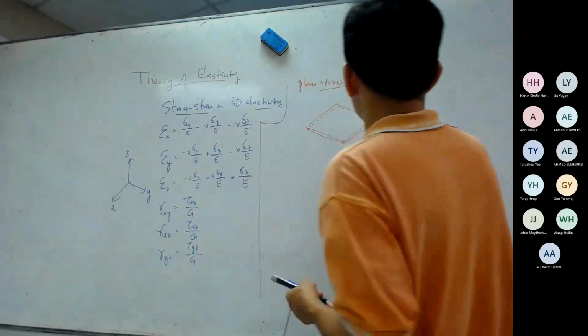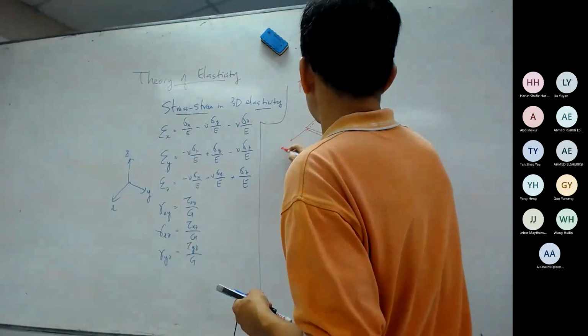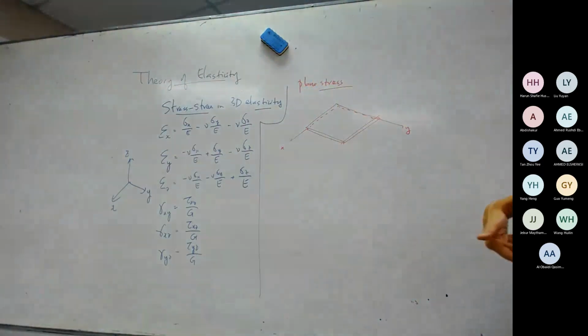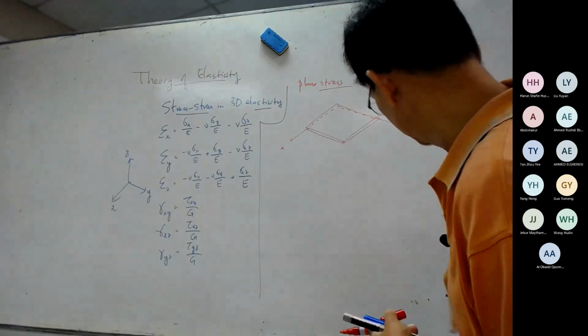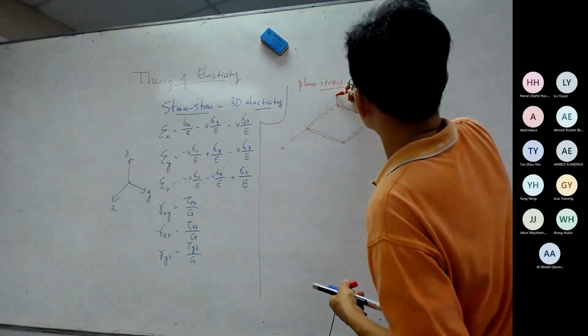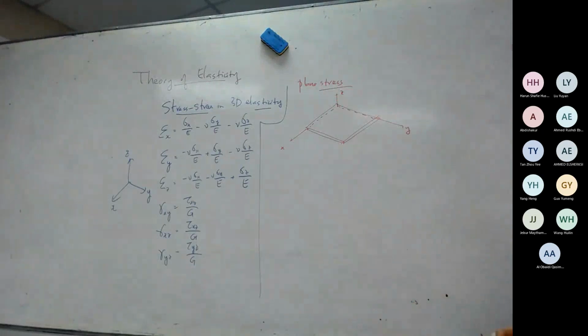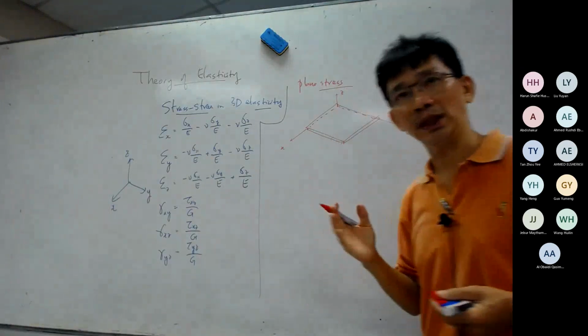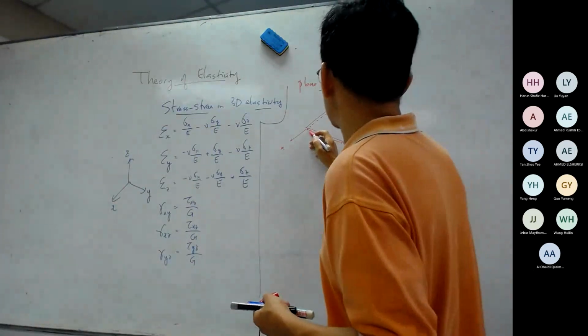In this case, I have the x direction, I have the y direction, and I have the z direction. So the z direction, the thickness, is very small compared to x and y. So this is one of the characteristics of plane stress problem, and we have